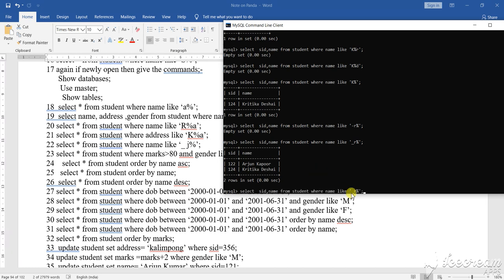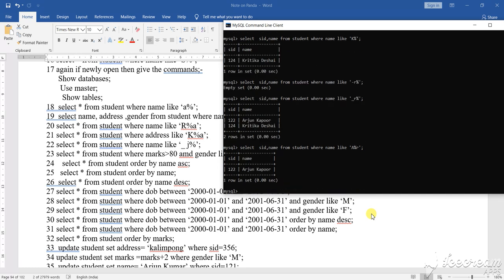Now if I write here, suppose A, oh sorry, A went outside. A, then after that suppose I am giving R. Let's see what value it shows, or it may show the empty set also. Is it okay now?